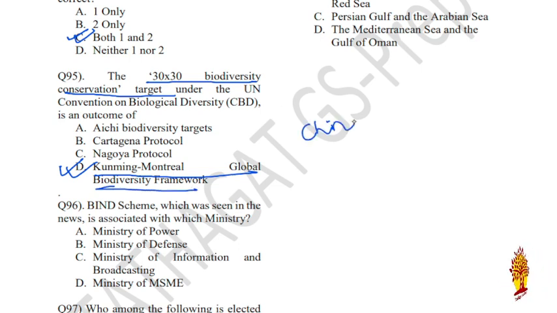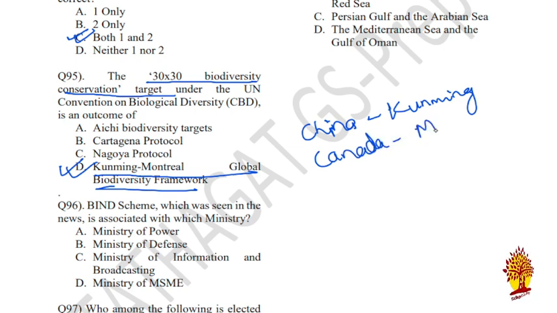Earlier it was held in China in the region of Kunming. Then second part of the same COP held in Canada in Montreal. So by combining both, the name Kunming-Montreal Global Biodiversity Framework,